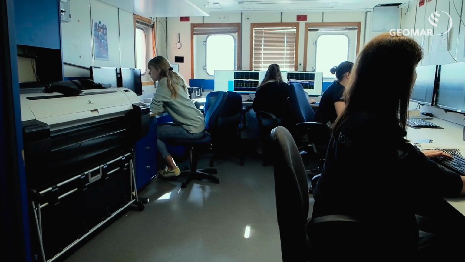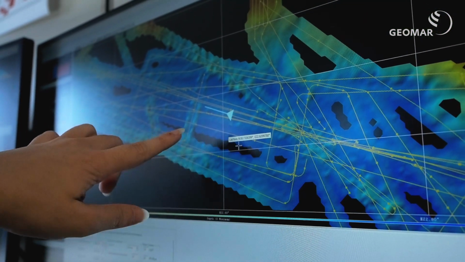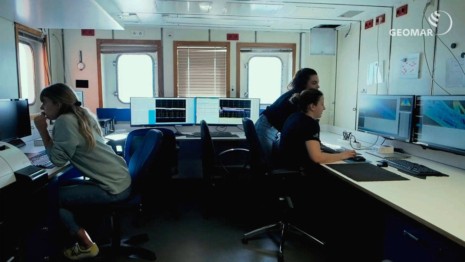So we usually run our experiments during the night, so we can do the gravity core early in the morning. And what we do, we collect the data for the subsurface, so we can see all the sediment layers below the seafloor, and we can choose the best place to core. So when you want to core, you don't want to hit any very hard surface right away because you won't penetrate. So by looking at the parasound data that we have over there, we can choose the best location, and we can aim for the layers that we want to acquire for the study that we are doing.